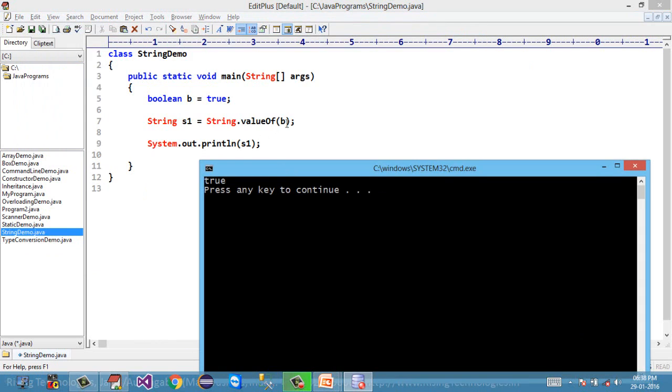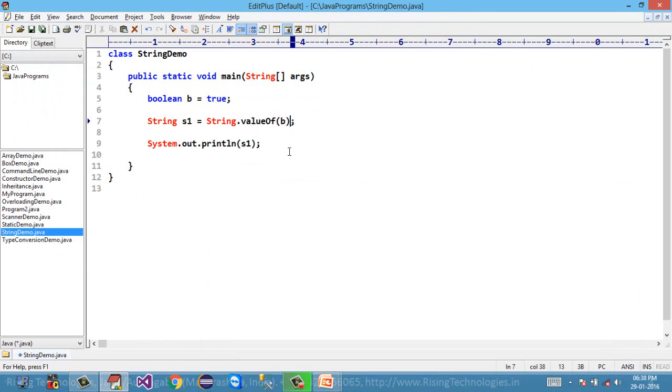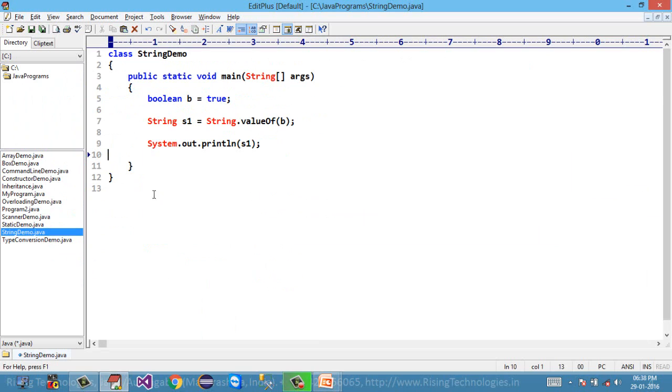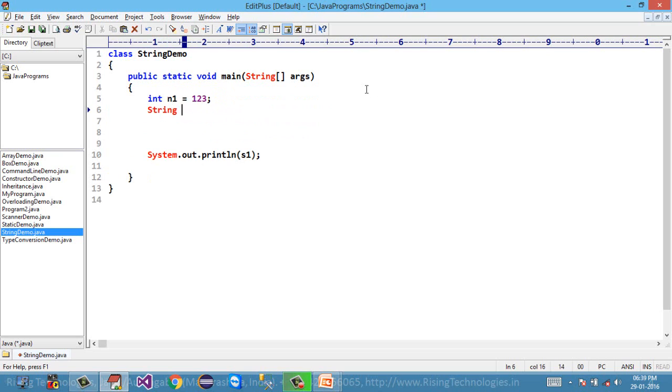Now look at the output. It has successfully converted this boolean to its string equivalent. So similarly, you can make use of any overloaded version. Actually, when we concatenate any data type to string, the Java compiler implicitly calls this valueOf method. Let's have a look at this sample piece of code. Suppose I have this n1 variable and this variable contains 123, and suppose I am going to assign a string